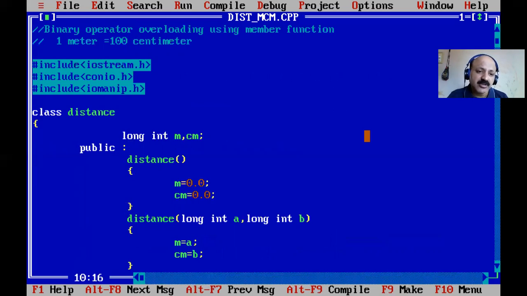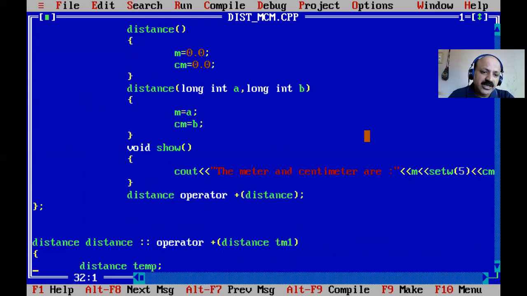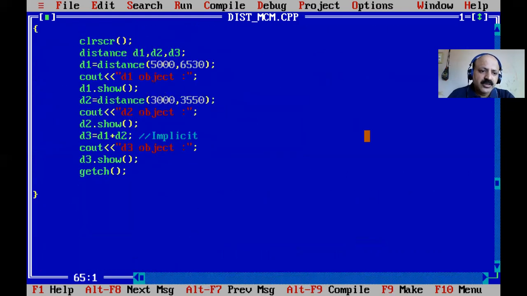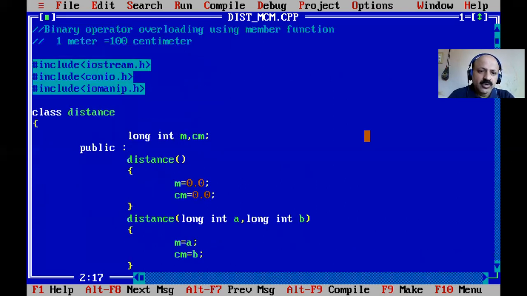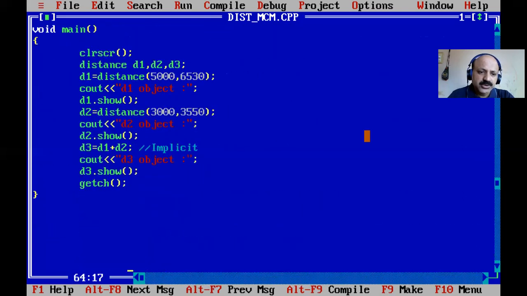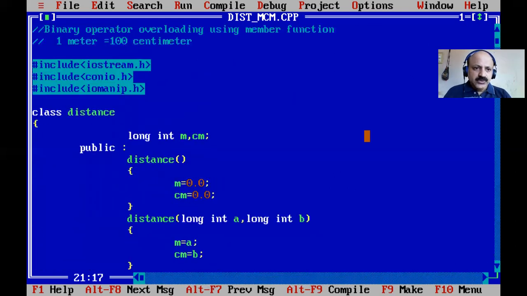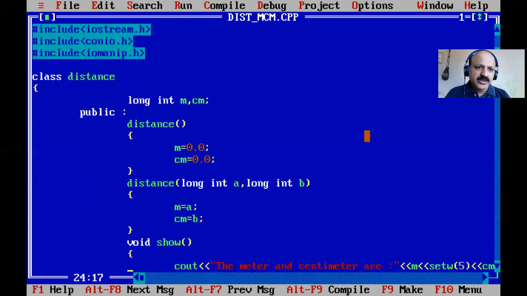So here I solved the range problem, so we can take long integer, not only integer, because sometimes it gives a garbage value, because the positive range is only 32,767. So if we give a long meter value, that time it gives a negative value. So I think you can understand. Okay, so here one error is there and we can solve it, and I also showed how that error comes. Okay, so write this program in your notes.